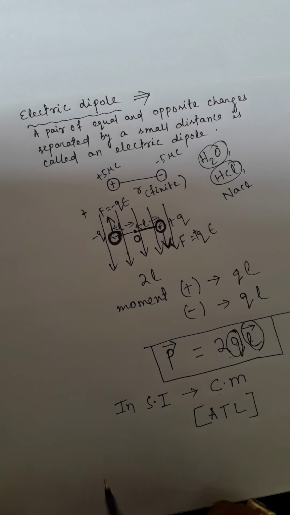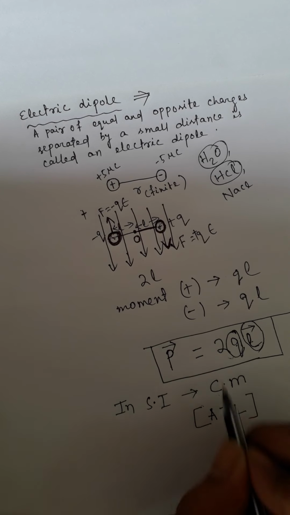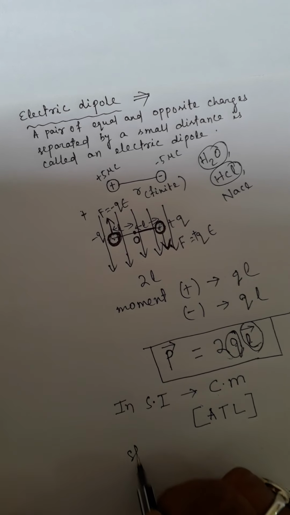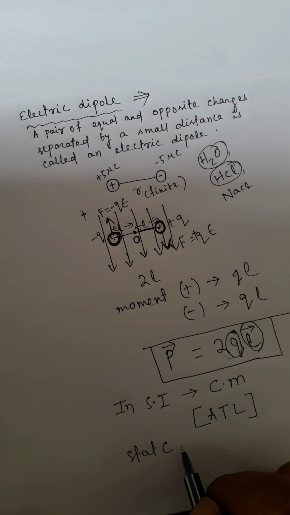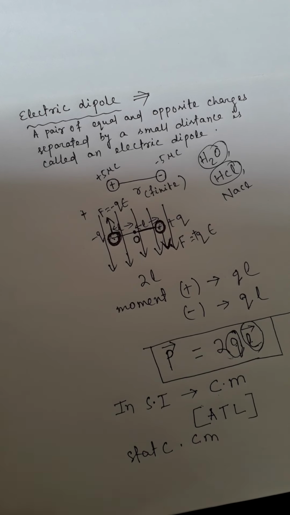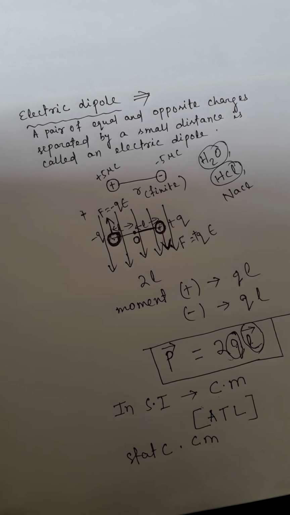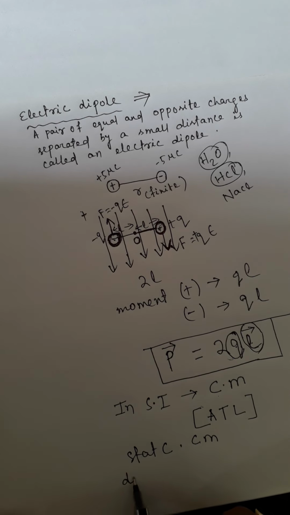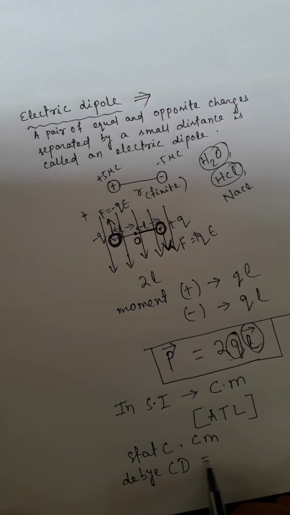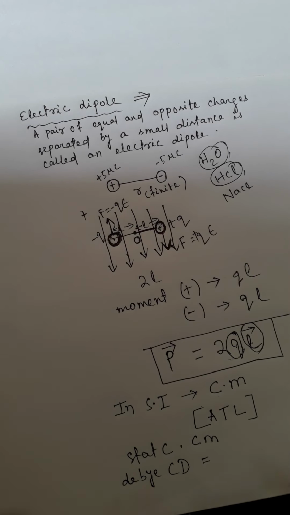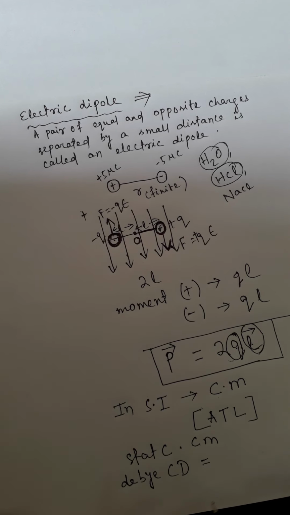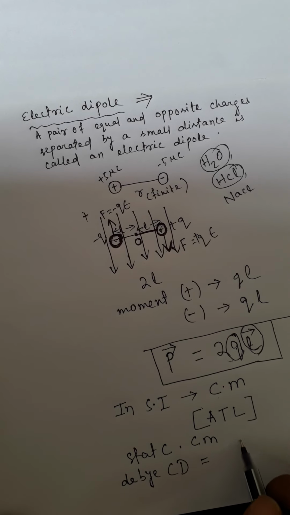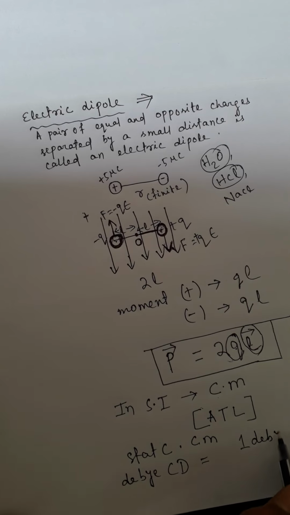In the non-SI system, the unit of dipole moment will be statcoulomb into centimeter. Another unit of dipole moment is Debye. It is denoted as capital D, and it is mostly used for molecular dipole moment, and 1 Debye is equal to,